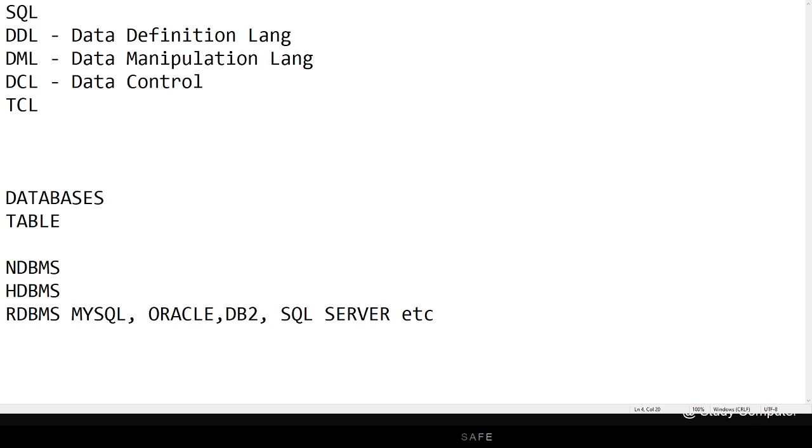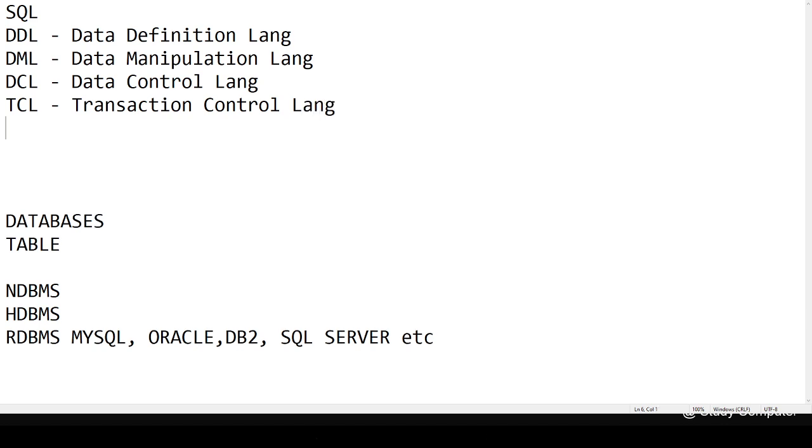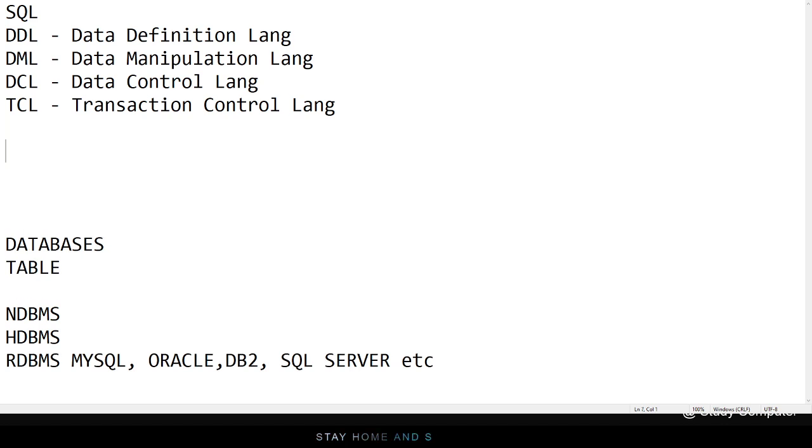and TCL is nothing but transaction control language. Along with DDL, DML, DCL, and TCL, we have another two things, that is a system